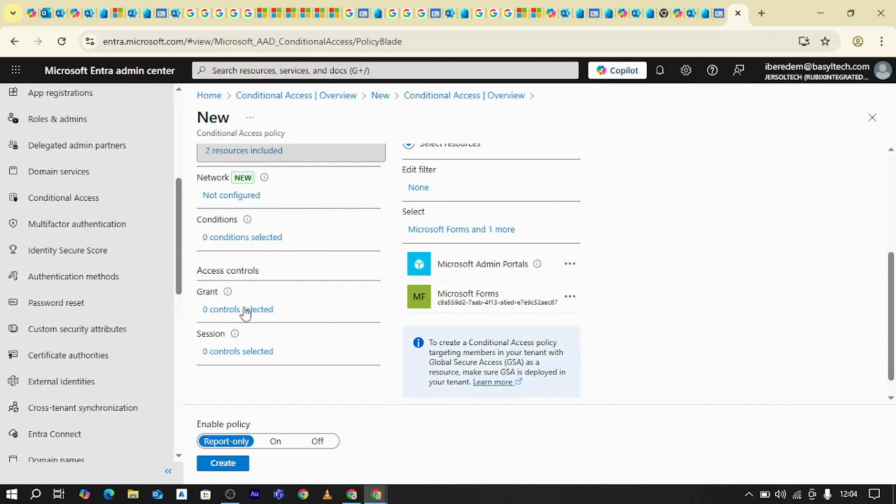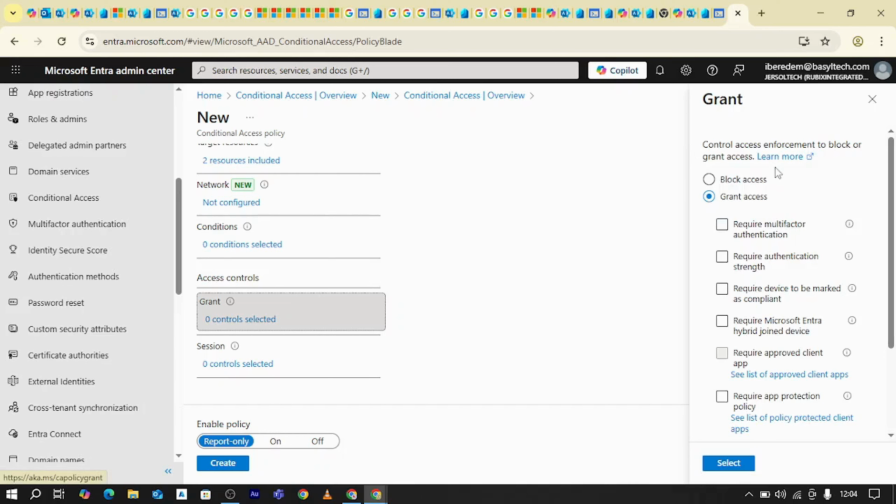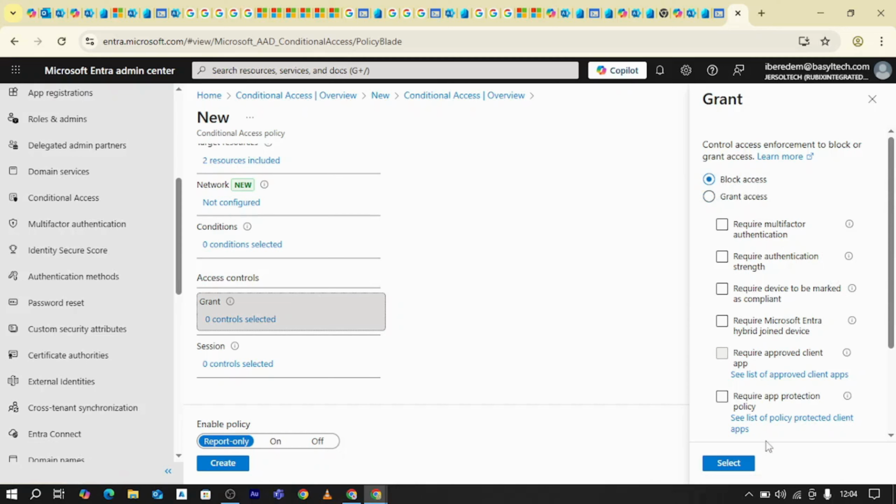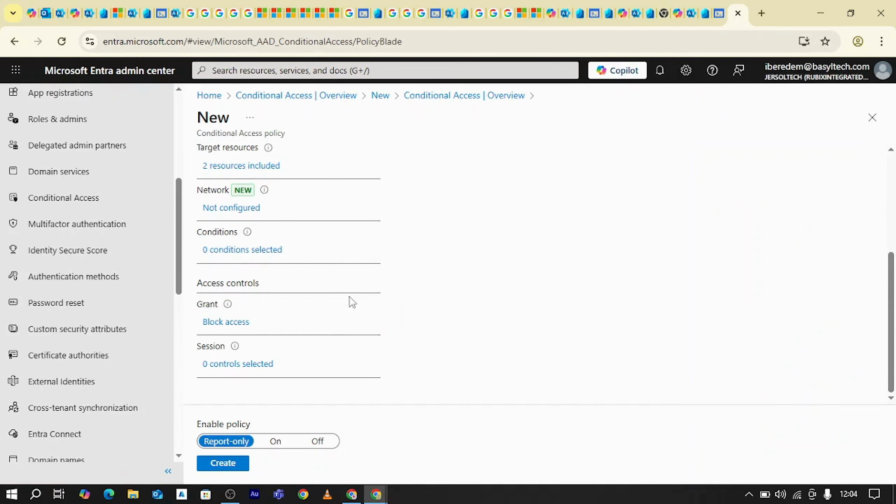Then I'm going to go to my grant. Under grant, you can decide to grant access by requiring multi-factor authentication strength, whatever your case may be. But for this, I want to block access. So I'll click on block access, click on select. Then I'll go to where we have